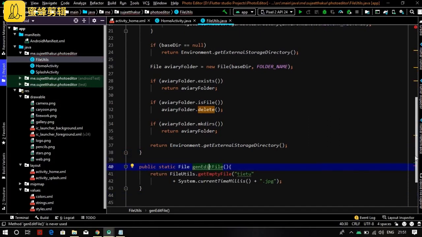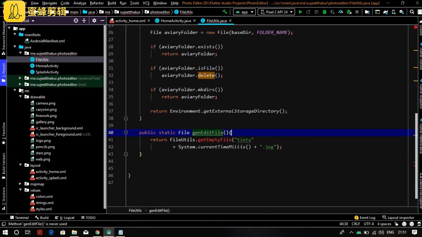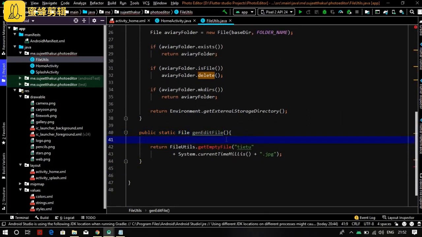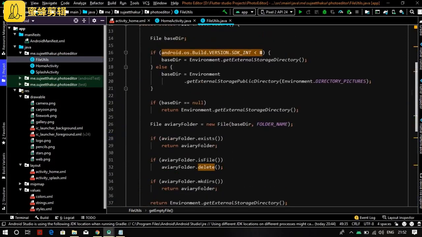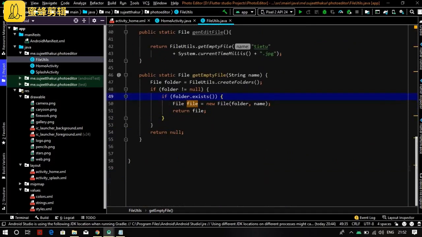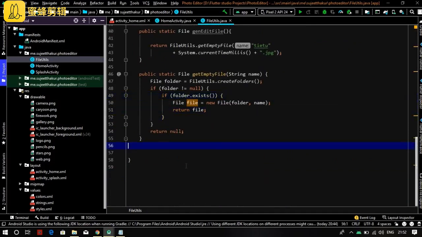Also add this method as well, gen edit file. This is for editing our image. Now this get empty file as well. Just pause the video and write it as it is here. You don't have to write your own, just copy it.